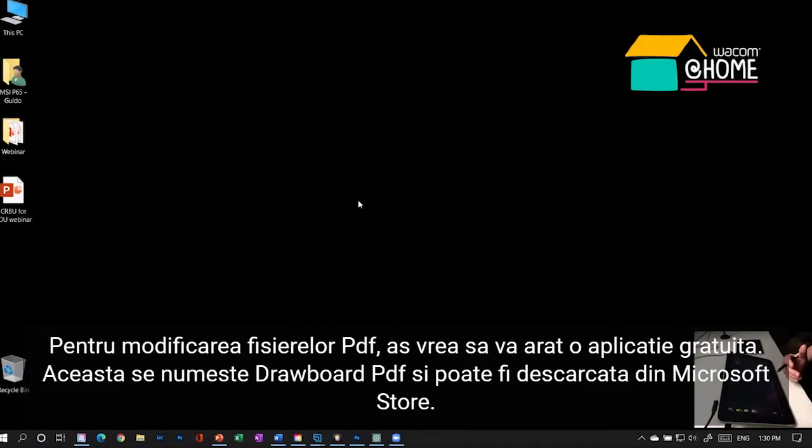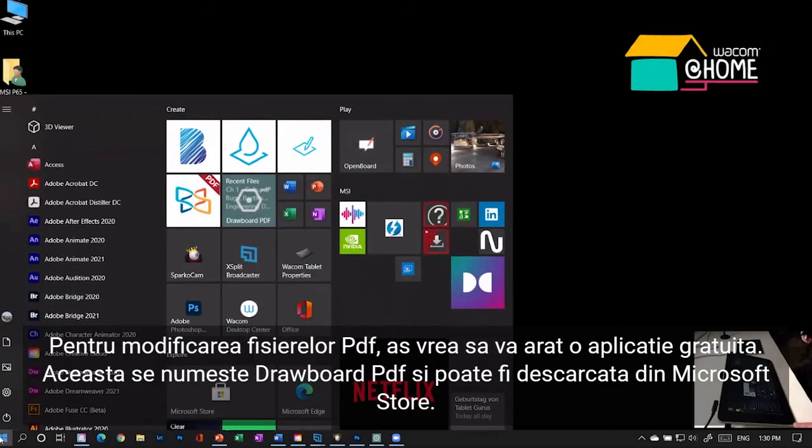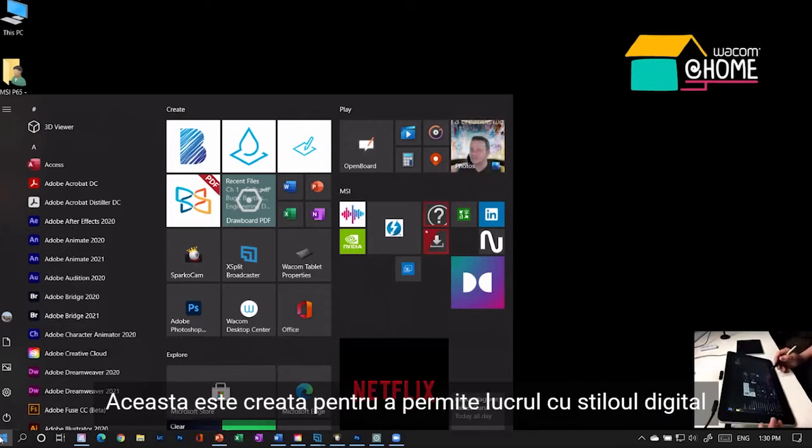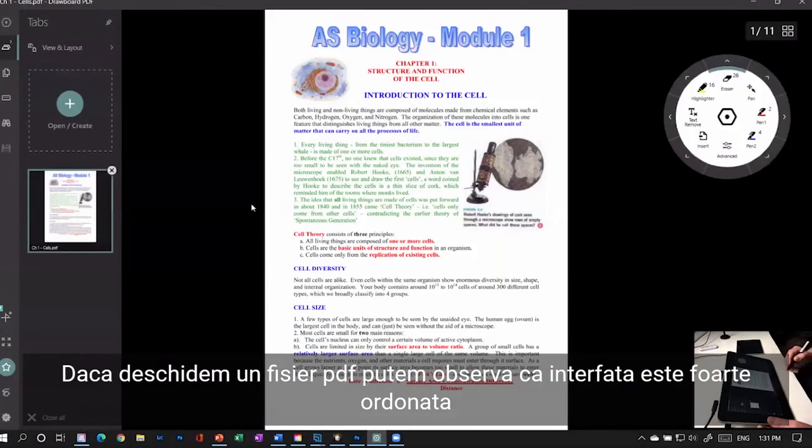And I want to show you one application which is basically also free of charge. It is called Drawboard PDF. You can download it free of charge in the Microsoft Store. And it is basically designed to work around a pen. And let me open this one. So this is Drawboard PDF. I can pick one of my recent PDF files, and here you can already see